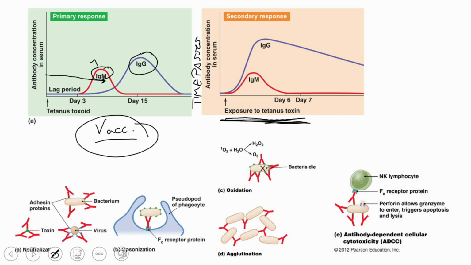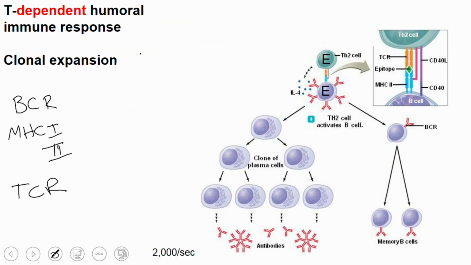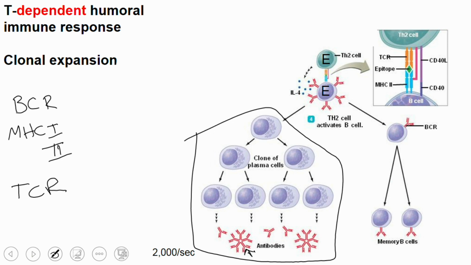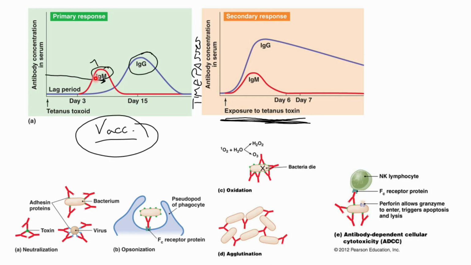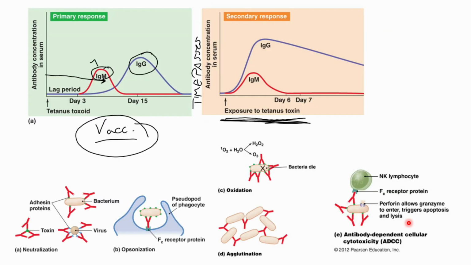Now, when IgM and IgG are being produced, they're being produced by plasma cells, right? And we see that right here, IgM, IgG. So what other types of cells are being produced other than plasma cells? So we know the antibodies are being produced, and that's what we're seeing here, IgM and IgG. So this just happened, and now we've got this. So what are the other types of cells that this produced? That's right, the memory cells. So when this was being produced, memory cells were also being produced, which means that the next time this person